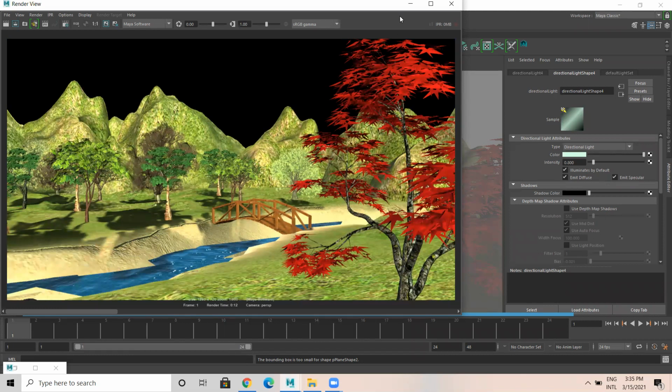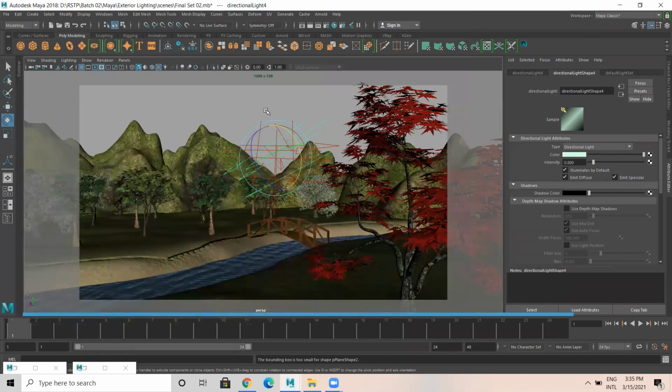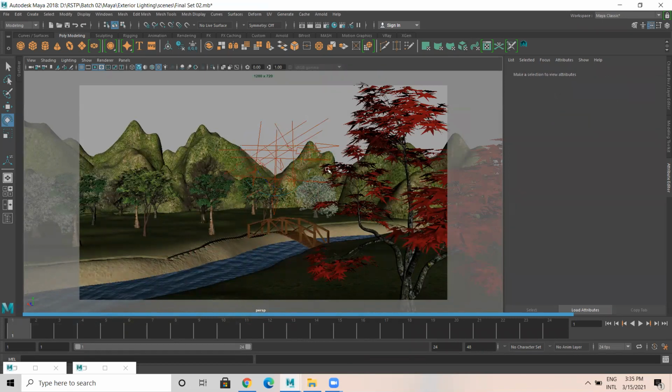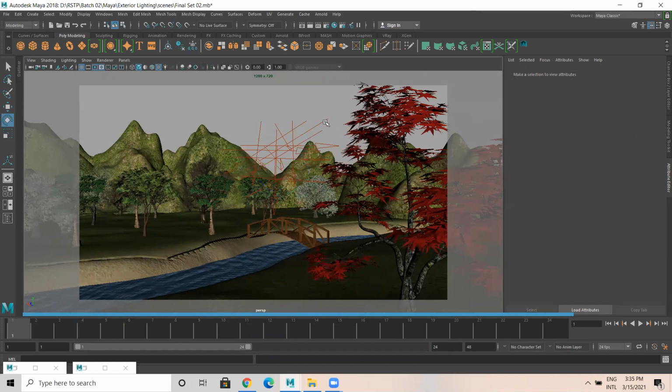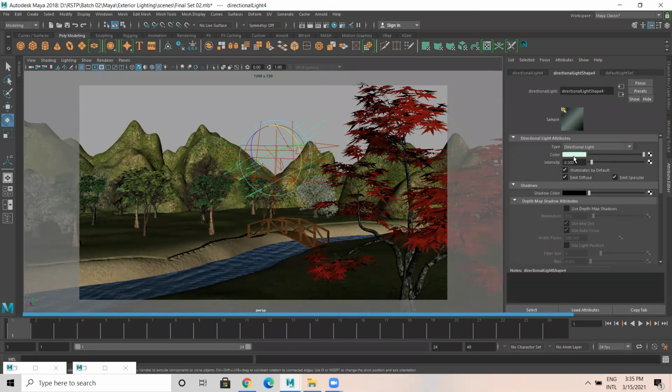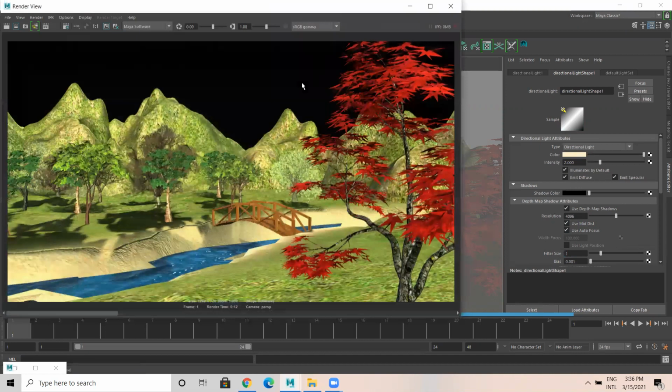And brightness is too much, so we can reduce the brightness now. Let's say instead of 0.8, I'll give 0.5. And this one is 0.8, I'll make 0.5. And there's one more, 0.5. And this, instead of 2.5, I make this 2. That's enough. And quality, instead of filter size 3, I'll make it 1. Let's take a render.